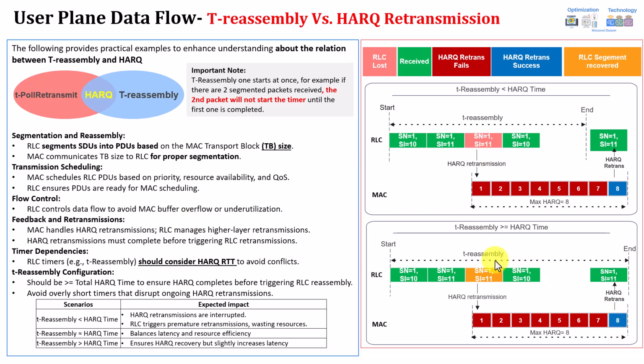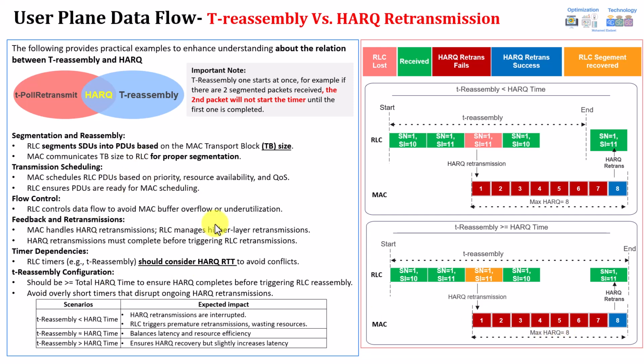So this is the main idea. For example, assume that you have a plan in your network to extend the maximum HARQ retransmission from 8 to 16, because I think in 5G it supports up to 16. And assume the HARQ round trip time for NR, for example, is 8 milliseconds. So this requires 16 multiplied by 8. This would be your minimum timer for reassembly, to be able to wait for the recovery from the maximum HARQ transmission.